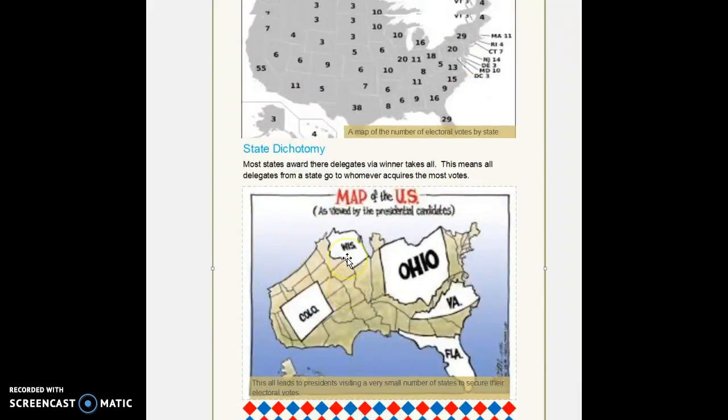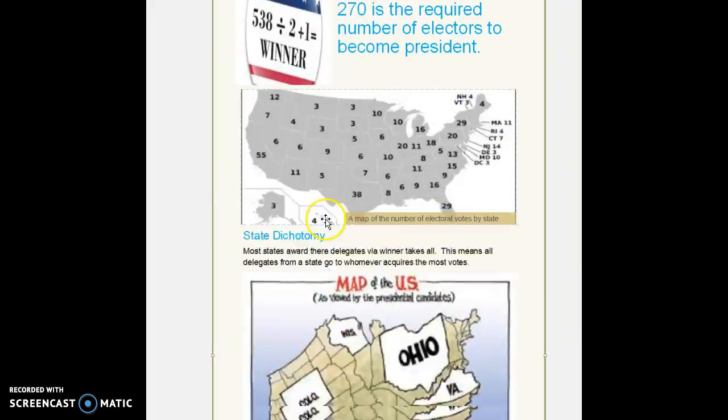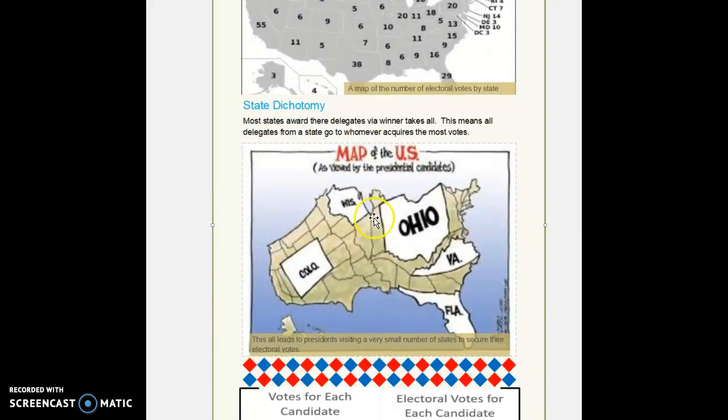My focal points are first the map at the top here. This map shows the Electoral College votes for each of the states. Then this next map here is really my next focal point. It's probably the most alluring spot on the infographic because it shows a distorted United States where presidents would go to these states, these five, because they're swing states. And the swing states, since it's winner take all in almost all states, they're the ones that are really deciding the elections. Even though many of these other states have tons of voters, they're not the ones that get sent